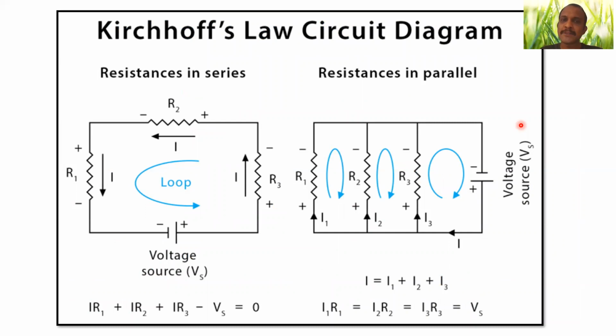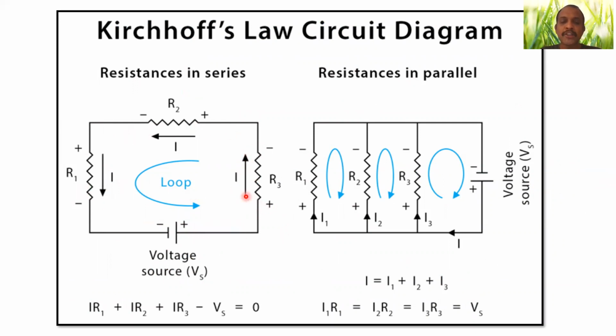So here is another explanation about Kirchhoff's laws for both. As I said, whenever it is a series circuit, we use KVL. Whenever it is a parallel circuit, we use KCL. So go through this slide for the explanation. Here you can see the supply voltage. Current always moves from higher potential to lower potential. So current is moving like this. So this is your current I.